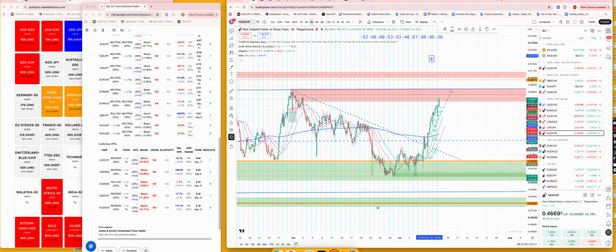Yes, we were bearish all last week on the relative OPRs, and we were quite bullish on the chart. So yeah, they weren't correlating too well at that moment in time, but they usually do,